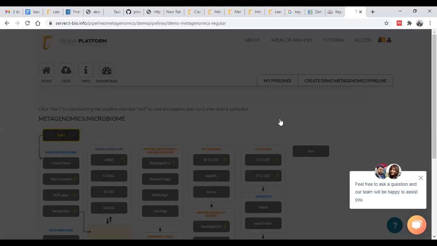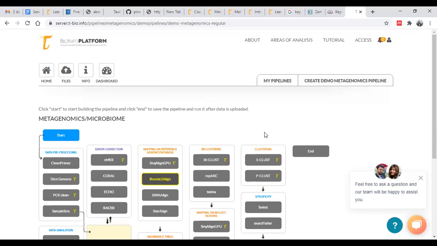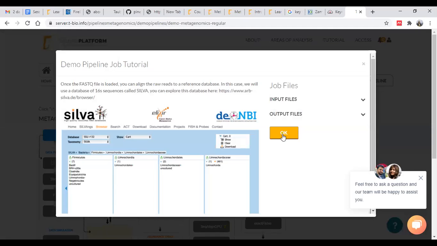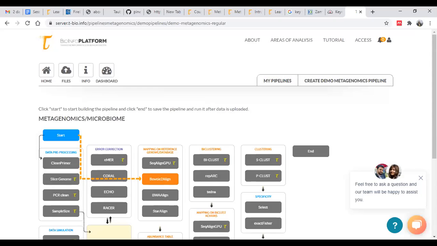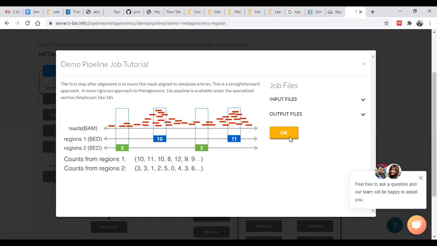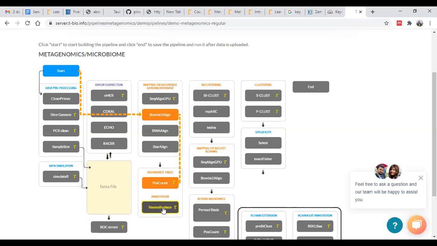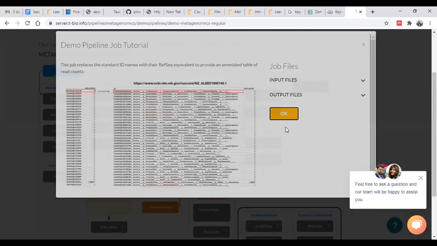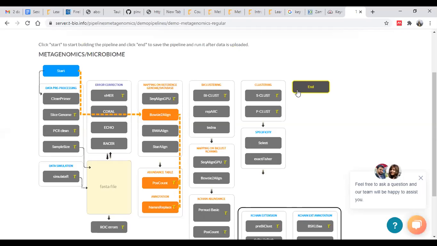First, we upload our file, which is taken from the American Gut Project. Then we align our reads to the reference database, Silva. Next, it will count your reads. Then comes annotation, which replaces your ID with the particular microbial and species details, and then you can end this pipeline.